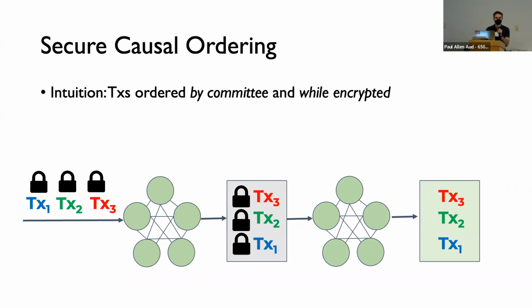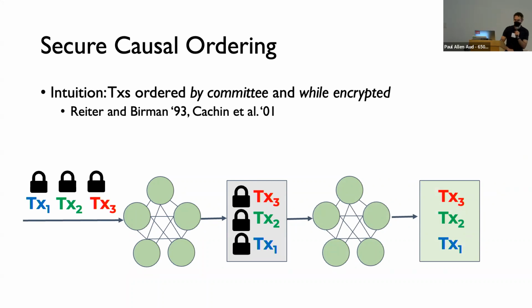I've seen at least several blockchain projects that believe that they invented this technique. Turns out it was actually invented back in 1993 by Mike Reiter and Ken Berman, and translated, importantly, to the public key domain by Christian Cachin, who's sitting right here. So this technique is very powerful, but it does have some limitations. One is that it exposes metadata. For example, you may know where a transaction came from, even if you don't know what it was, and that can tell you a lot. Second, it doesn't prevent certain types of attack, right?